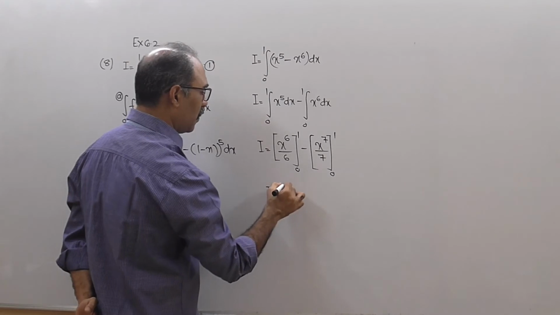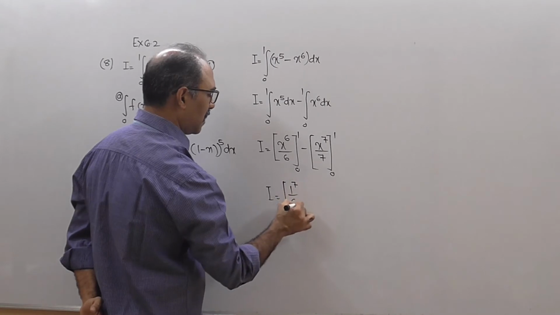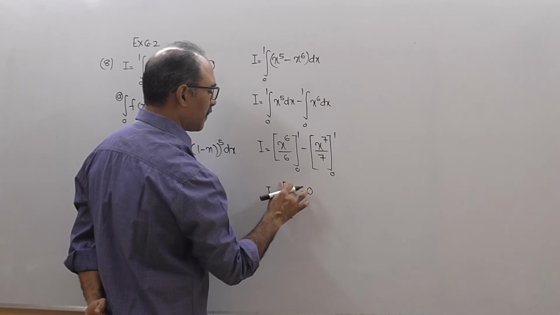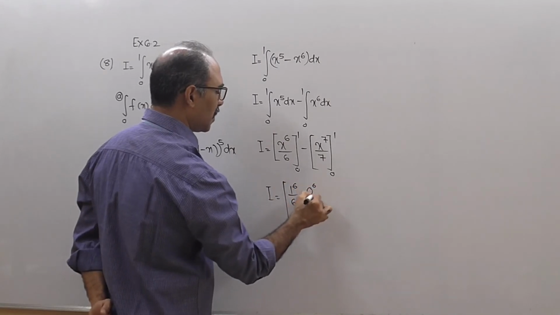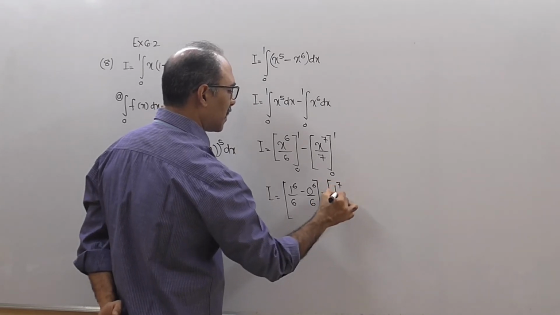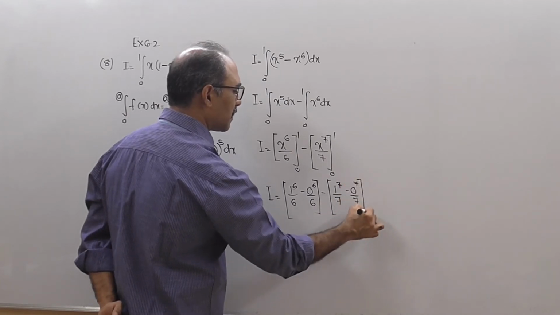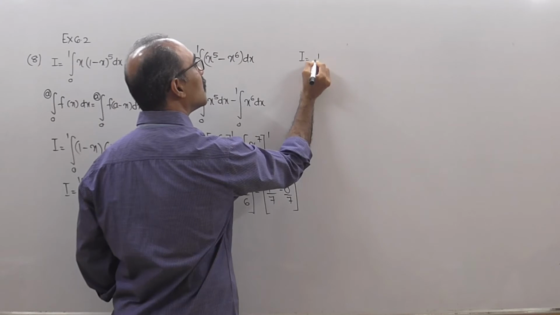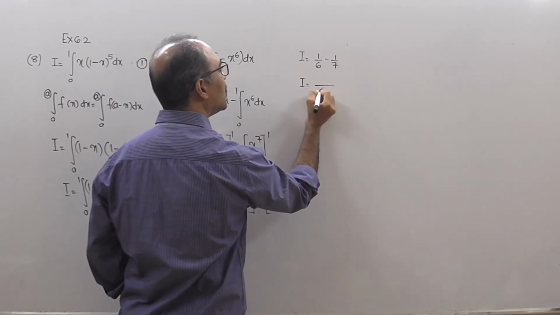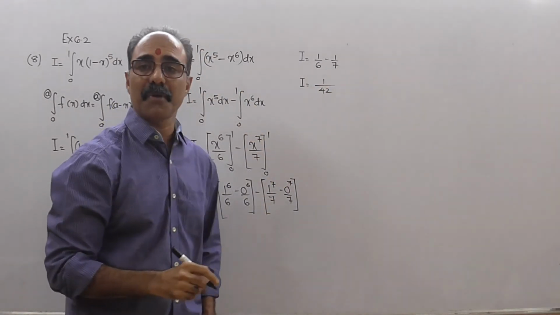So पहला क्या करो, ऊपर का वैल्यू डालना. ऊपर का वैल्यू is 1 raised to 7 upon 6 minus 1 raised to 6, I'm sorry, 1 raised to 6 upon 6, 0 raised to 6 upon 6 in a bracket minus 1 raised to 7 upon 7 minus 0 raised to 7 upon 7. So I equal to 1 upon 6 minus 1 upon 7. I think the LCM is 42. ऊपर आएगा 7 minus 6, that is equal to 1. Therefore your answer will be 1 upon 42.